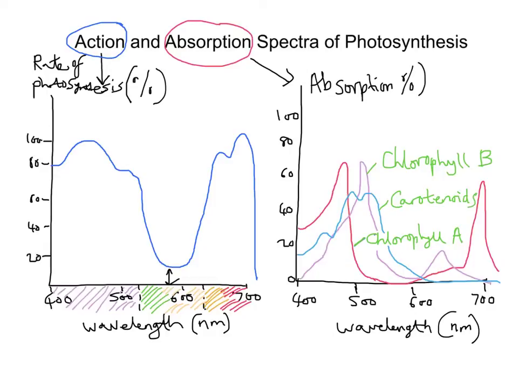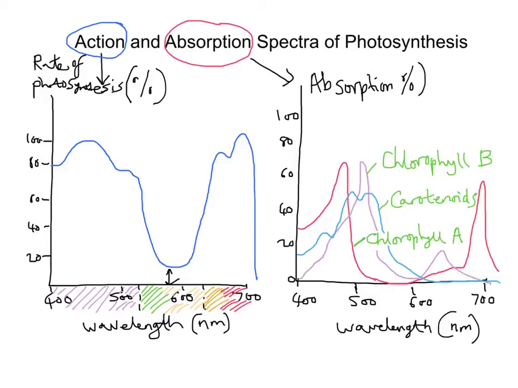So here we have our absorption spectra. Now, ultimately, what this graph or this spectra is showing is that at different wavelengths of light, we have different percentage absorptions of sunlight in a plant, or in a leaf more specifically. So we can see that in the 400 to 500, very short wavelength range of light, we're getting quite high absorption. If we look at the red peak, if you like, quite a high amount of absorption there,